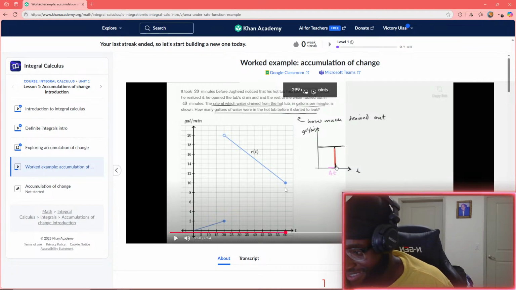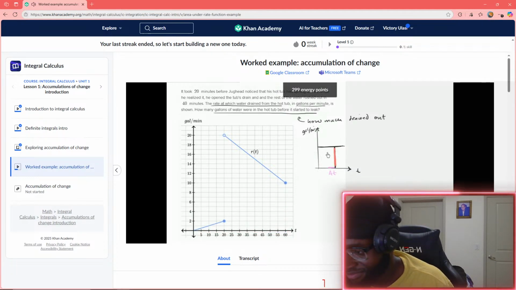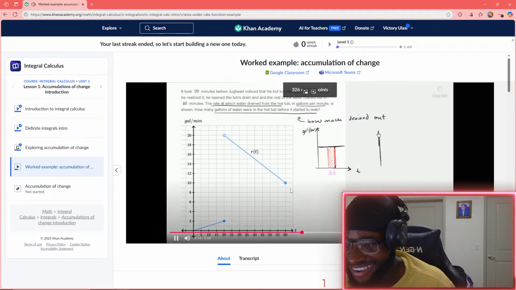Right over here times the amount of time that passed by, which essentially would give you the area under the curve over that interval. This area would tell you the gallons that drained over that delta T. And this doesn't just apply when you have a constant rate. When you have a constant rate, if your rate looks something like